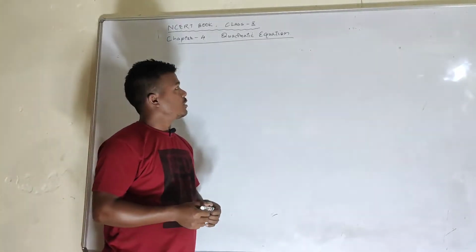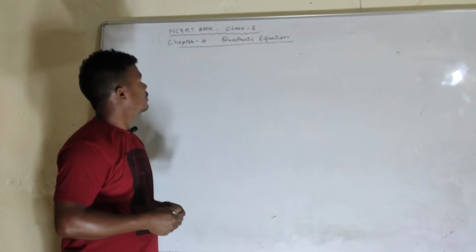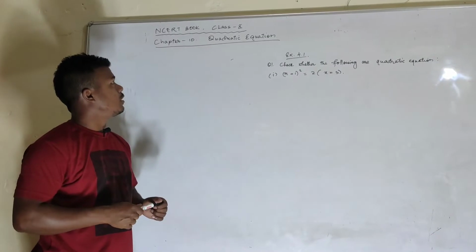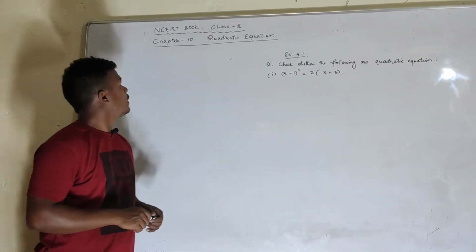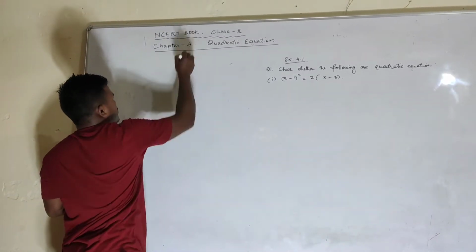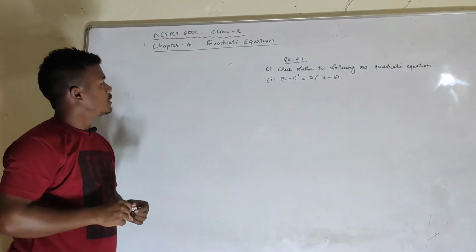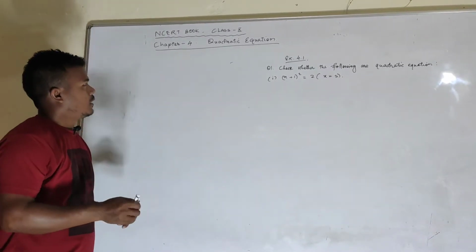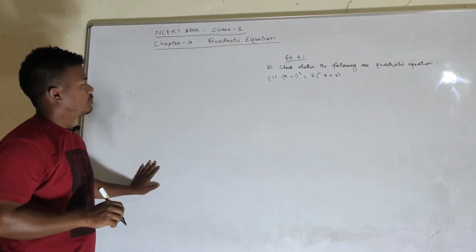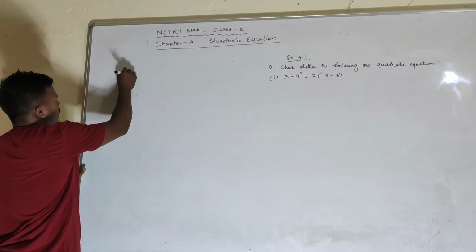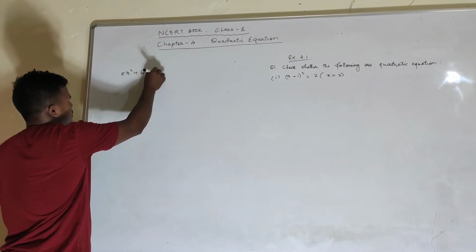I'll begin with chapter 4 of the class 10 mathematics book, the NCERT textbook solution part. The name of the chapter is quadratic equations. So first of all, let us learn the basic part of this chapter. For a quadratic equation, you have the expression ax square plus bx plus c,